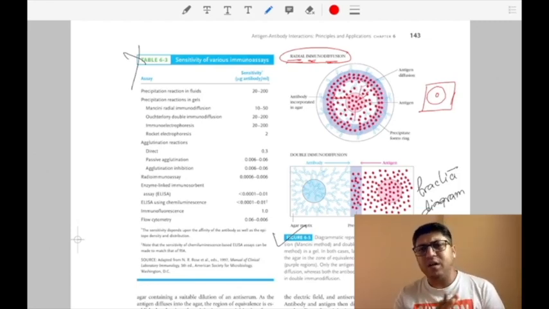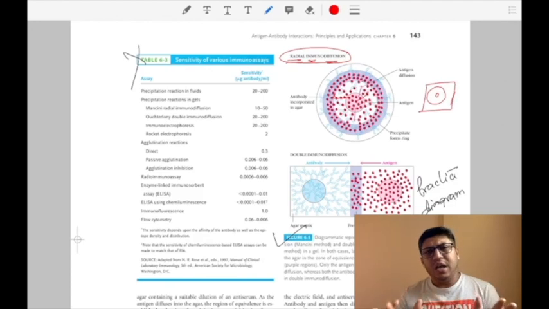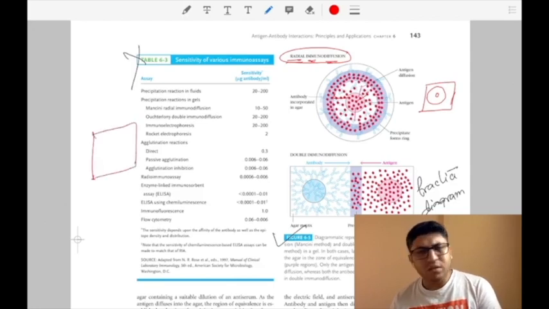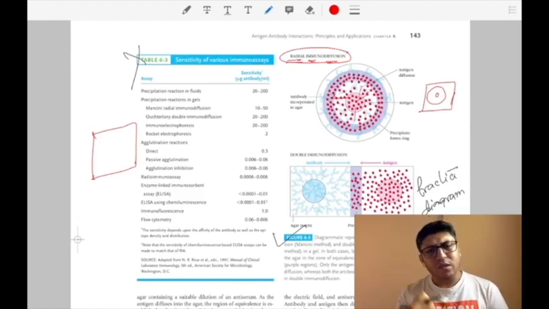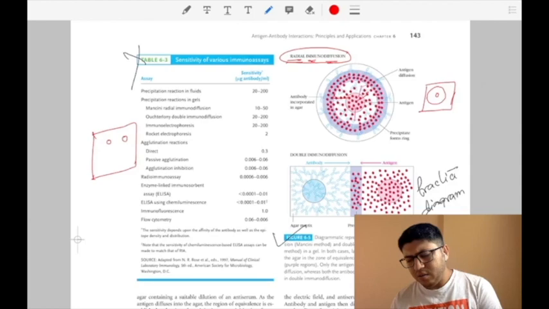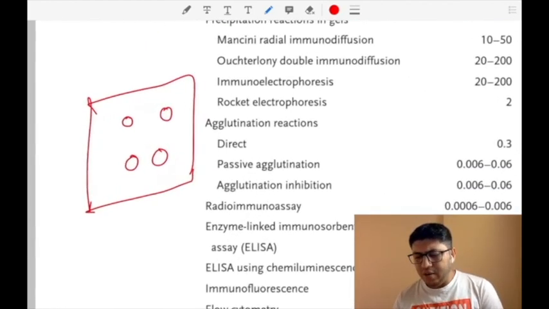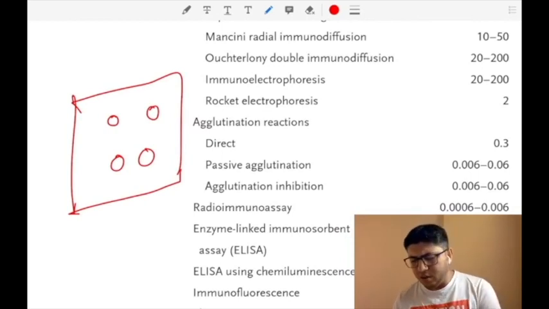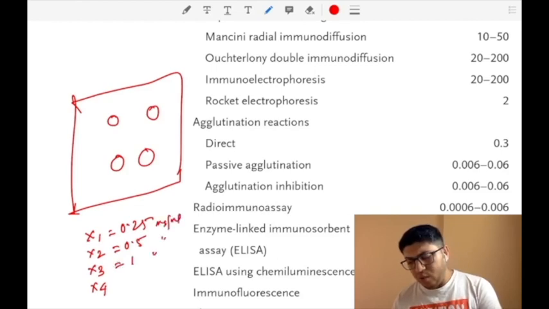এবার প্রশ্ন হচ্ছে যে এই এক্সপেরিমেন্টটা করে আমি কি বুঝবো? এই এক্সপেরিমেন্টটা করে আমি এটাই বুঝবো যে, ধরা যাক আমি 11 অ্যান্টিবডি ইউজ করেছি, আর সেই অ্যান্টিবডি ইউজ করবার পর I use different concentrations of antigen, right? So if you just follow this diagram, suppose this is a glass plate, glass slide। এবার আমি করেছি কি, একটা কনসেন্ট্রেশন অফ অ্যান্টিবডি 11 অ্যাড করেছি, করে আমি স্প্রেড করে দিয়েছি। এবার আমি এখানে ছোট ছোট করে সাপোজ 4টে ওয়েল করেছি, রাইট? এবার এই 4টে ওয়েলে আমি 4টে কনসেন্ট্রেশন অ্যাড করেছি। সাপোজ x1, x2, x3 অ্যান্ড x4। এবার এখানে আছে 0.25, এখানে আছে 0.5, সব mg/ml কনসেন্ট্রেশন অফ অ্যান্টিজেন। এখানে আছে 1, এখানে আছে 2, আমি সাপোজ দিলাম।